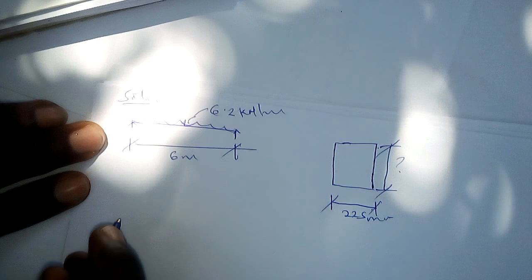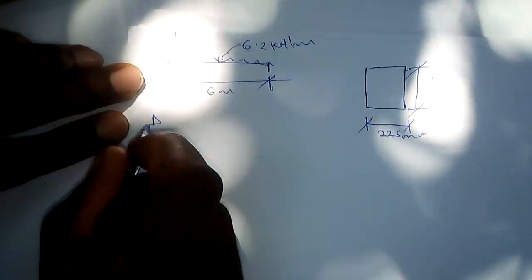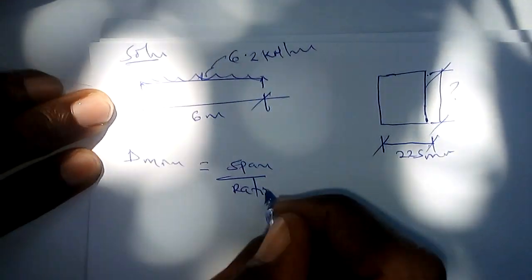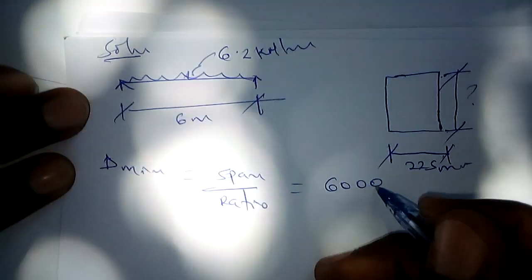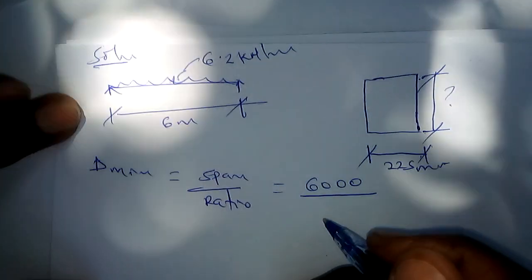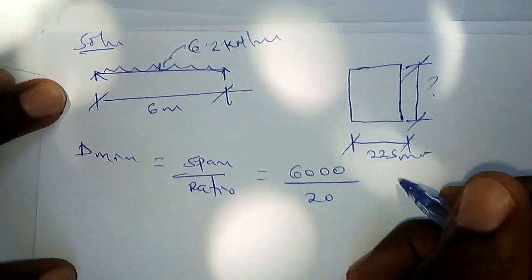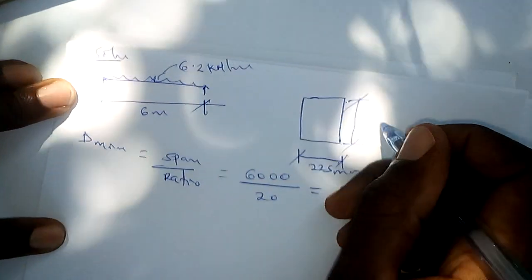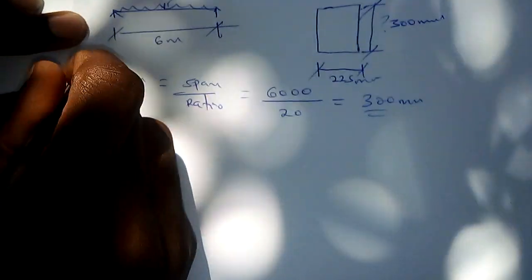So from the first procedure, we determine the D minimum. D minimum is from the formula span over ratio, and we have span as 6 meters, so in millimeters it will be 6,000 millimeter all over the ratio. The beam is simply supported, which means we take 20 from CP114 table 13. When you divide it out, it will be 300 millimeters. So this is 300 millimeters. That is going to be your D minimum. This is task 1. Task 2,